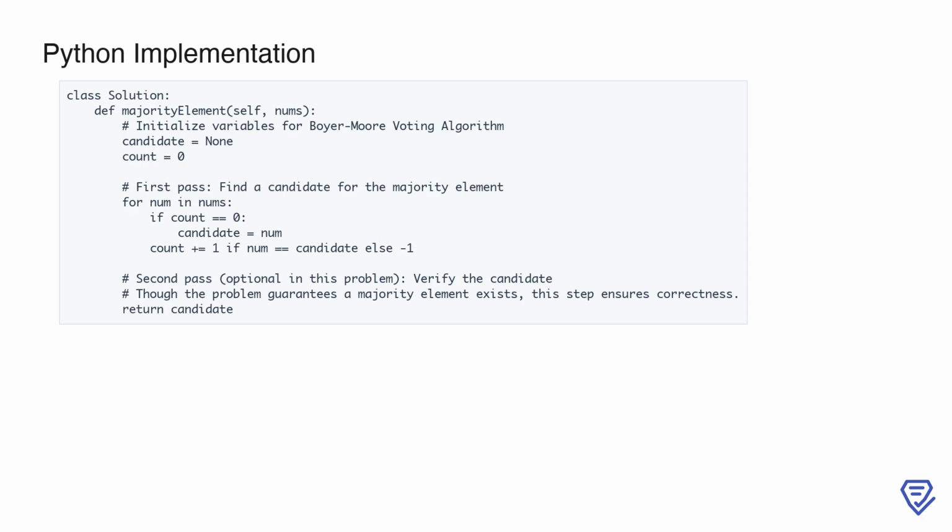3. Second pass, optional verification. While the problem guarantees the existence of a majority element, we would typically verify the candidate by counting its occurrences in the array to ensure it appears more than n/2 times. However, since the problem guarantees its existence, we can skip this verification step. Complexity. Time complexity: the algorithm completes in O(n) time because it iterates through the array once. Space complexity: the algorithm uses O(1) space as no additional data structures are used. In summary, this concise approach leverages the Boyer-Moore voting algorithm to identify the majority element in an efficient and elegant